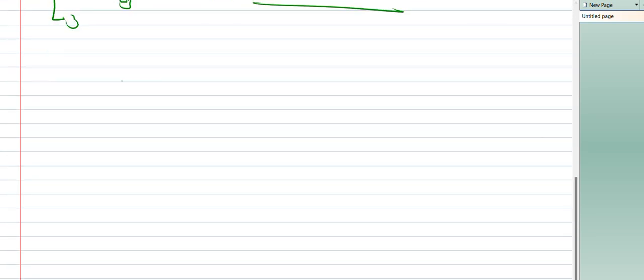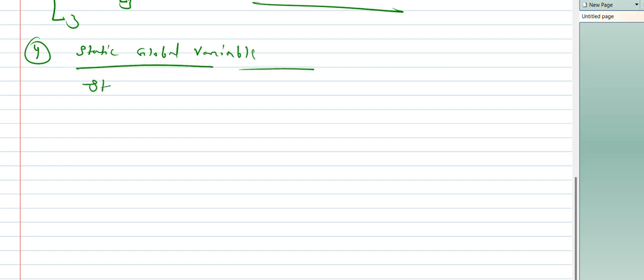The next usage of a static keyword is that we can use a static keyword with a global variable. In C++, we can create functions and variables outside the class also. It is not possible in Java. In Java, everything is inside the class. So if we declare a global variable like this, static int x is equal to 10,